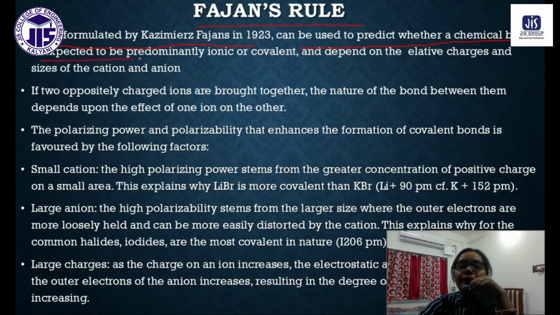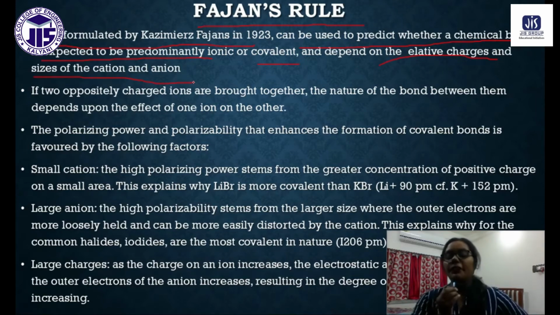Okay, now the rules formulated by Fajans in 1923 can be used to predict whether a chemical bond is expected to be predominantly ionic or covalent, and depend on the relative charge and the sizes of the cation and anion. Obviously, the bond will preferably be ionic, will have the ionic character, or preferably will have the covalent character. All these things we can know, all these things will depend on the size of the ions and the charge of the ions. Okay, so according to this Fajan's rule,